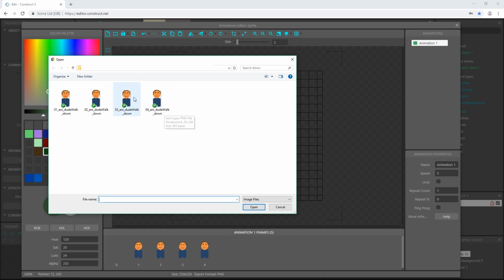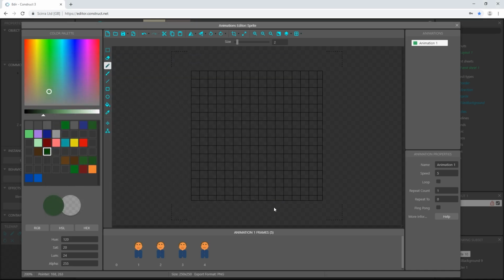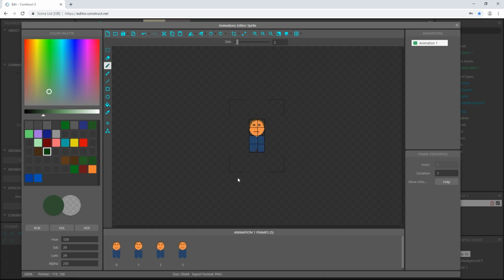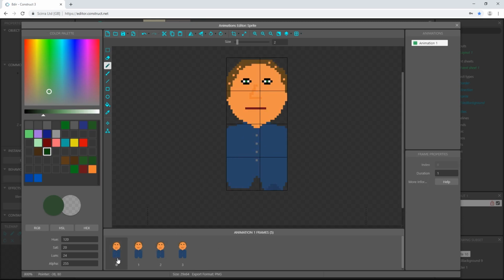If you number your sprites in order, Construct 3 will recognize those numbers and import them in the order that they are numbered. So we have these 4, and it leaves a blank frame at the beginning. We can just highlight that, delete it, and now we have our facing down animation.